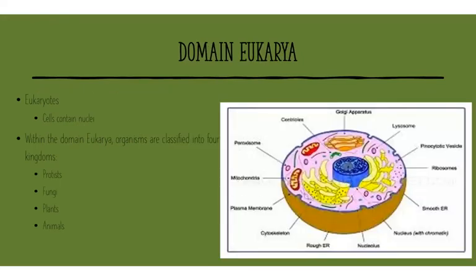The final domain is the domain Eukarya, which is where we find humans and other mammals. So eukaryotes are organisms whose cells do contain nuclei, meaning the cells do have a nucleus which houses the nucleic acids, and those nucleic acids are the chemical instructions for the cell, telling it what it needs to do on a daily basis. So over here I've given you a diagram of a cell, and we find the nucleus always